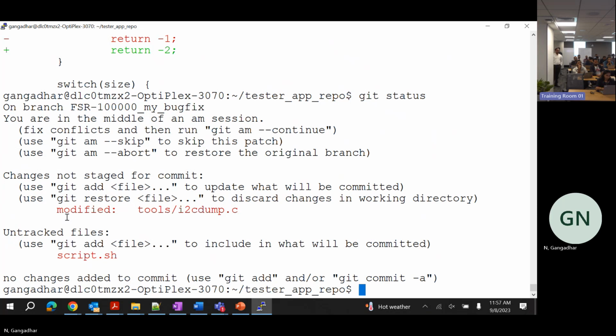It is there on my local PC, just sitting over there. This file is not under the git control. This one is under the git control, but I made a change. So there is something called the staging area. Now, if I use the git add command,